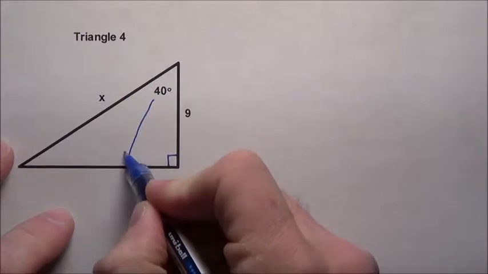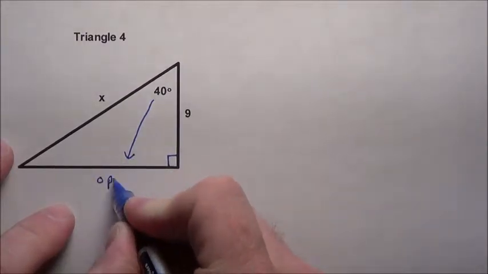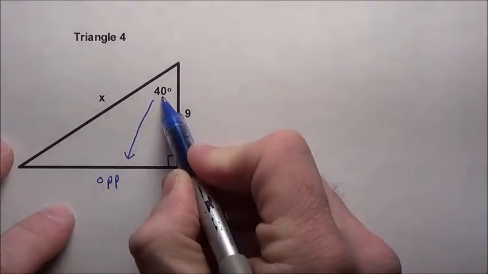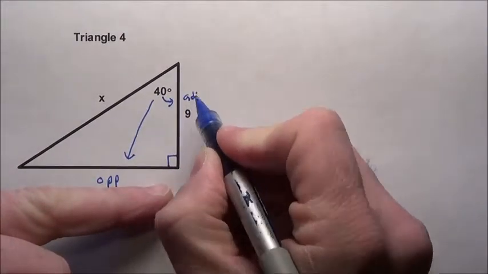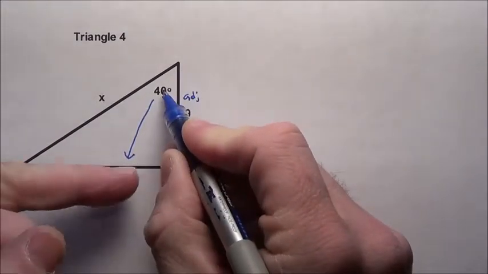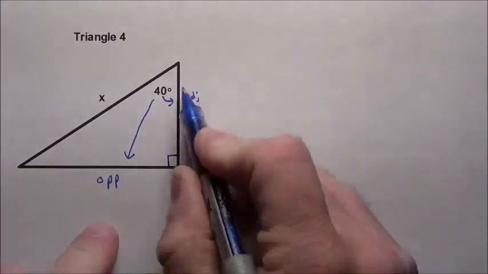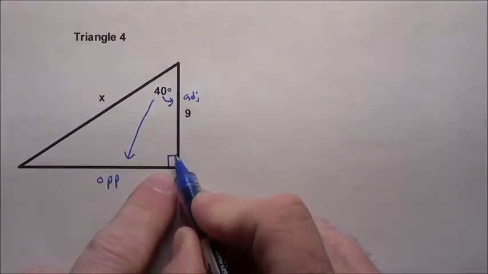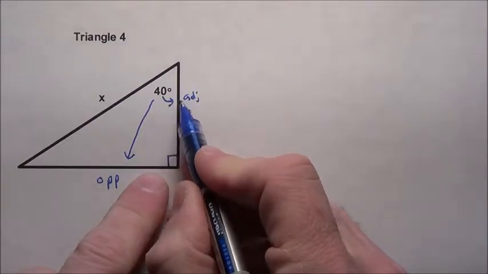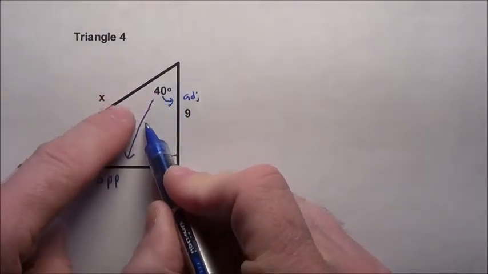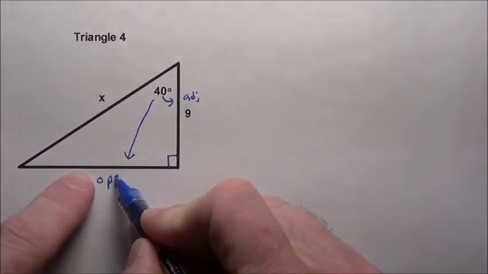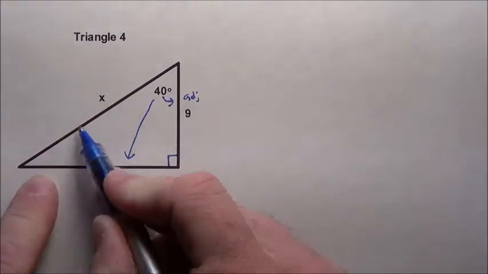So across from it, we call that the opposite side. The side that it's sitting on right here, the two that help form it, this is going to be the adjacent because the 40 is closest to that. So the two where the right angle is formed are going to be your adjacent and opposite. Adjacent is going to be the side that's right beside that degree measurement that's given, and the opposite side will be the guy that's on the opposite, away from it. Now right here, this guy,